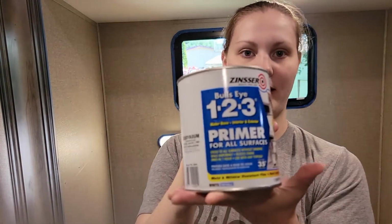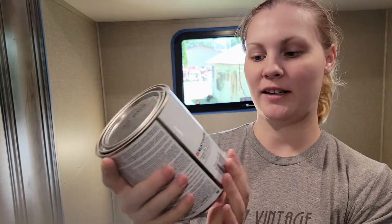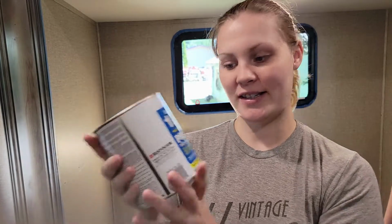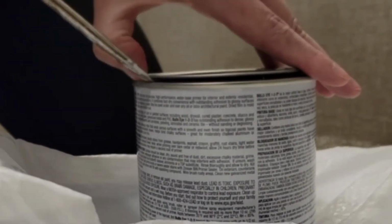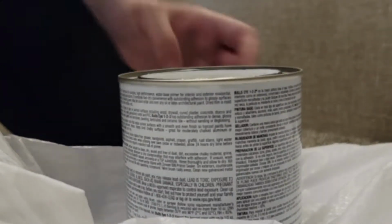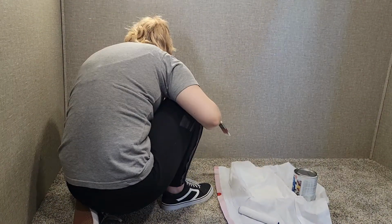So we've got this Bullseye primer because our walls are super slippery and have a weird texture, so it sticks to all surfaces and dries in an hour. So we're gonna get to doing this. I had never painted paneling before. I think that's what we would consider this wall treatment to be, paneling. And it's like this weird grippy, slippery substance, plasticky, I don't know. It has a texture to it, but things don't adhere to it well,